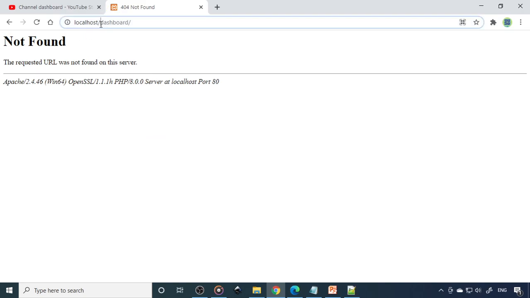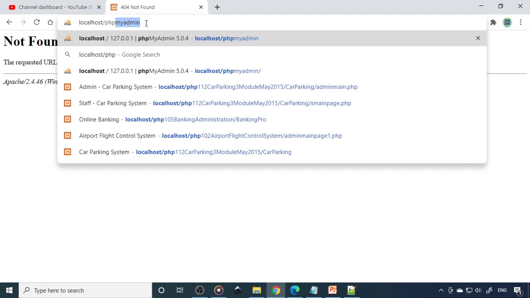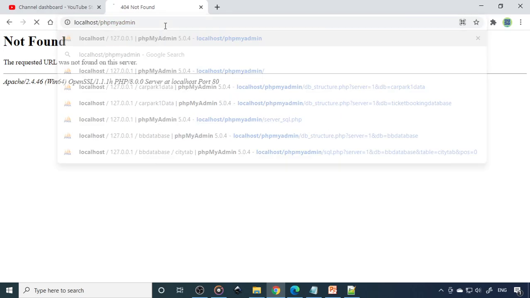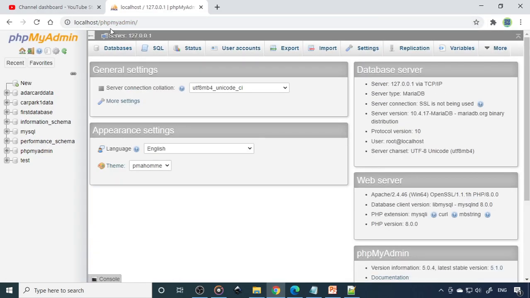Fine. So we'll remove the dashboard. We'll go to PHPMyAdmin because that dashboard is not working, but PHPMyAdmin is working. So let me complete this. Later we'll figure out what the problem is there. Generally, if you give localhost, it should work actually.